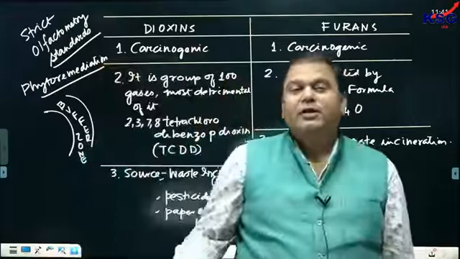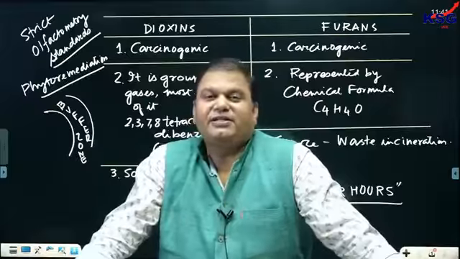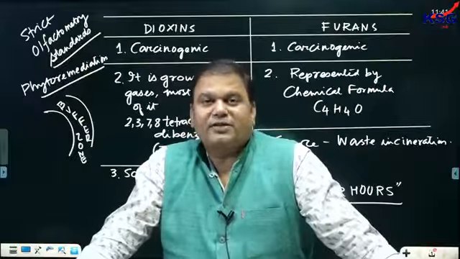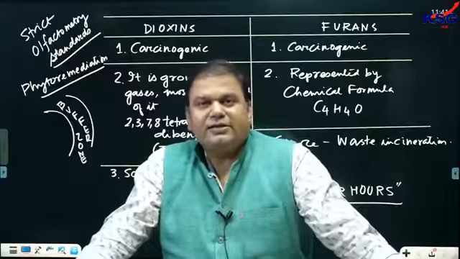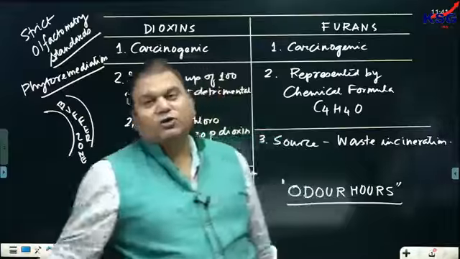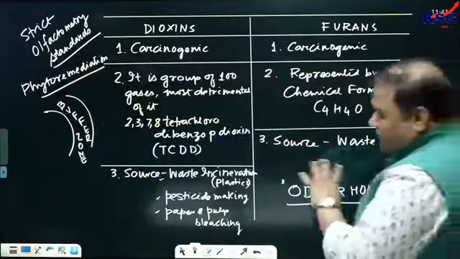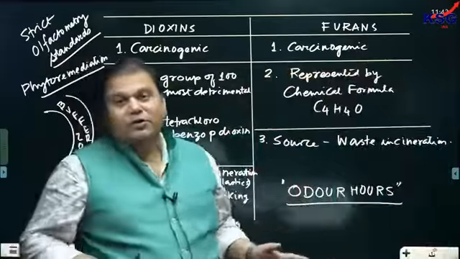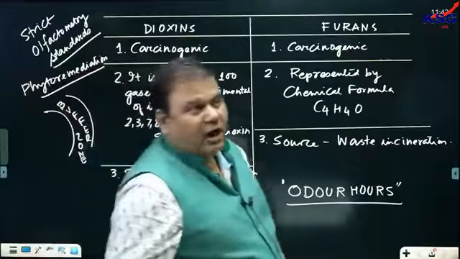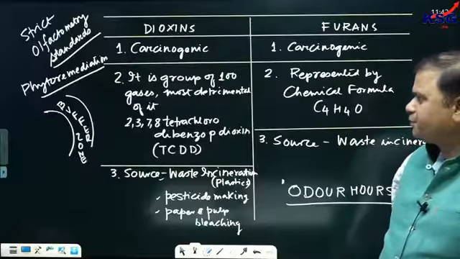And I have told you that the concept of odor hour is what? That any hour which has 6 minutes of recognizable smell would be termed as odor hours, and there would be a prescribed limit for odor hours in both residential as well as industrial areas. The significance is to check the source of smell, which can be liquid or solid waste. Now that's the system of odor hours that we are talking about. So we can also include it. Write down, the system of odor hours should also be implemented.